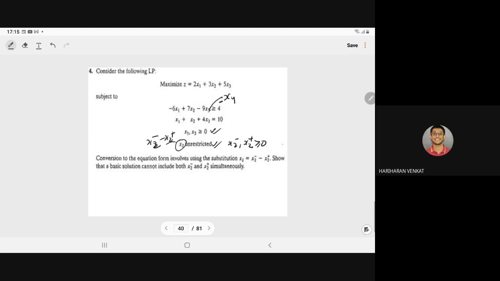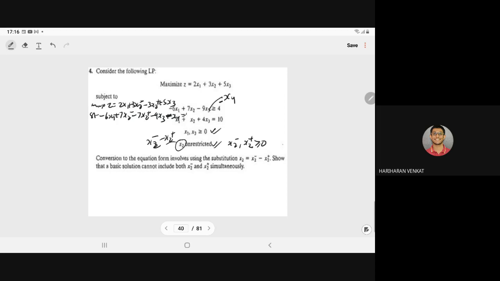So it will become: maximize z is equal to 2x1 plus 3x2 minus 3x2 plus plus 5x3 subject to minus 6x1 plus 7x2 minus 7x2 plus minus 9x3